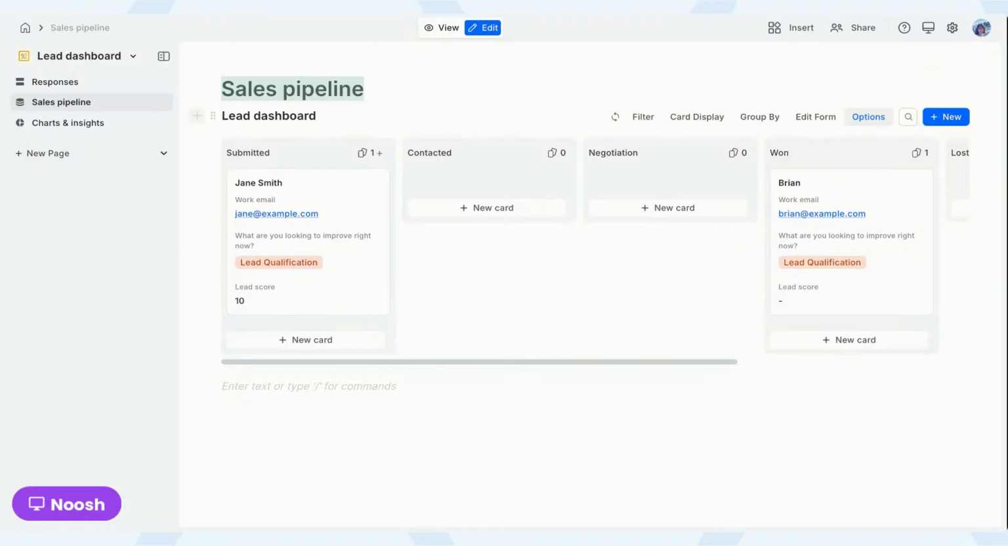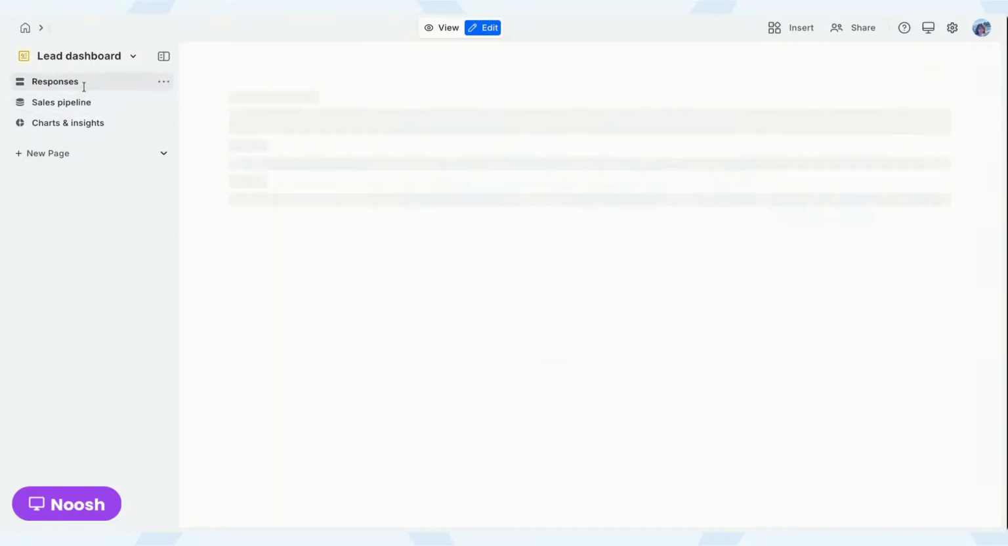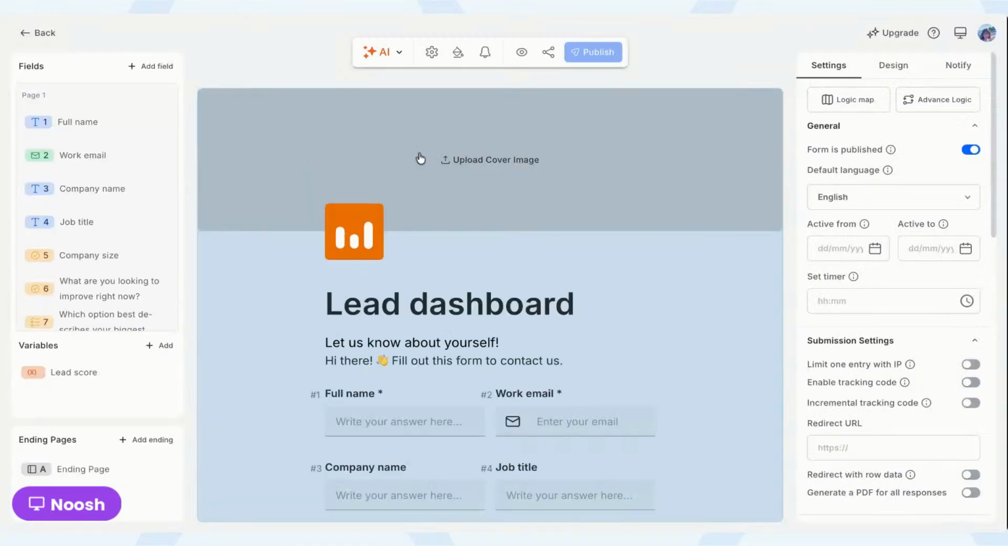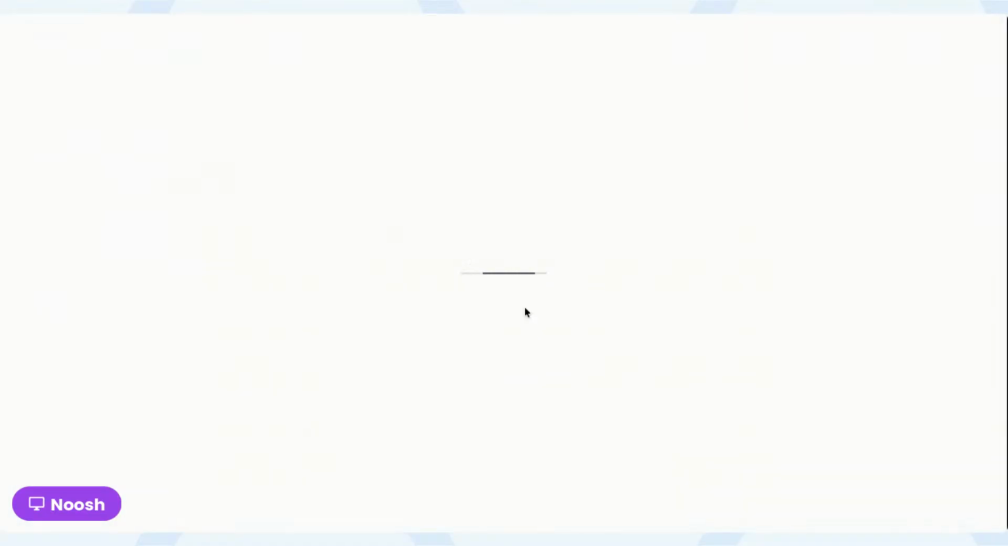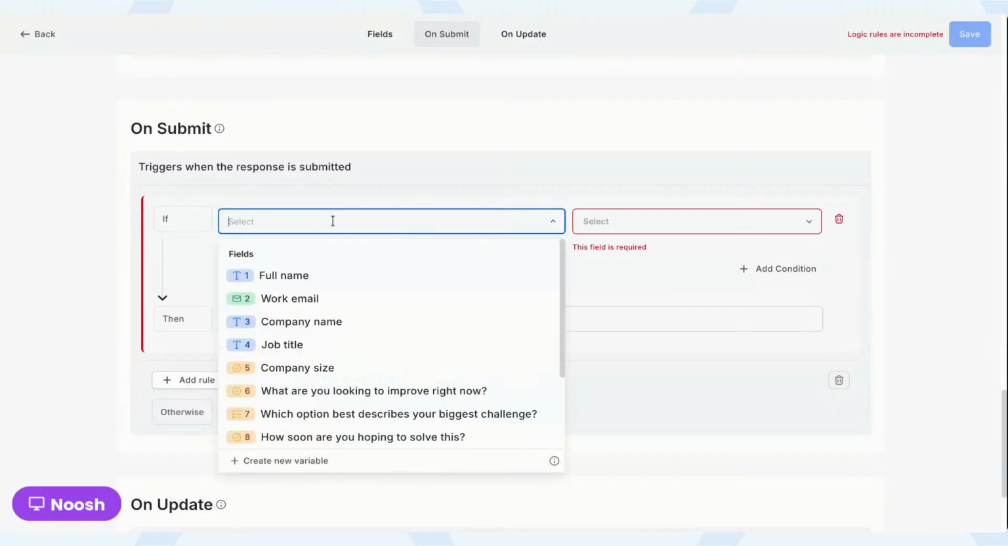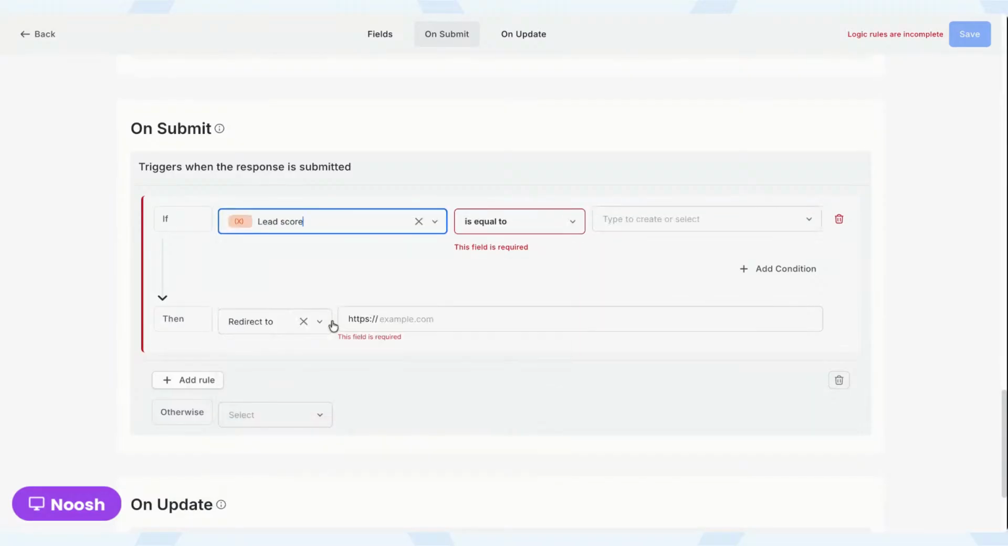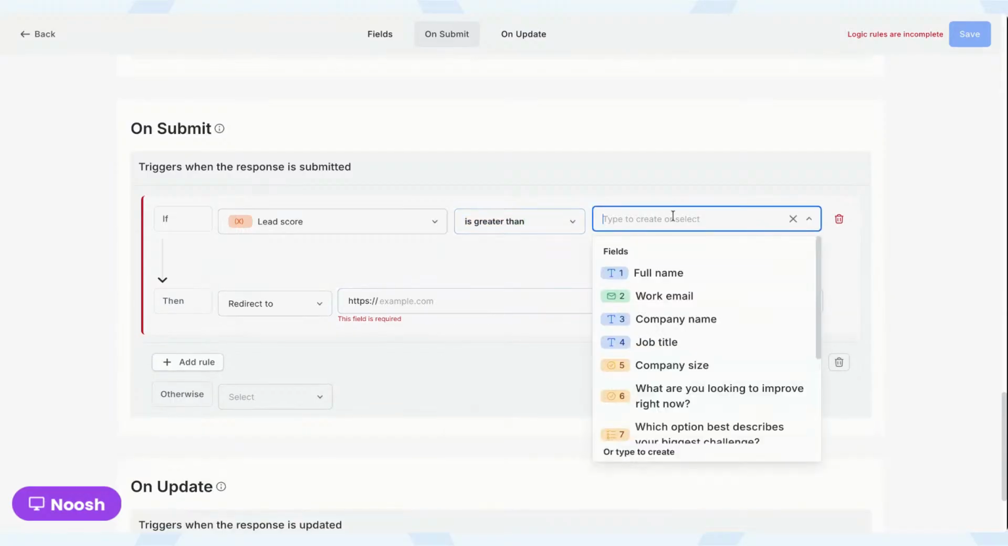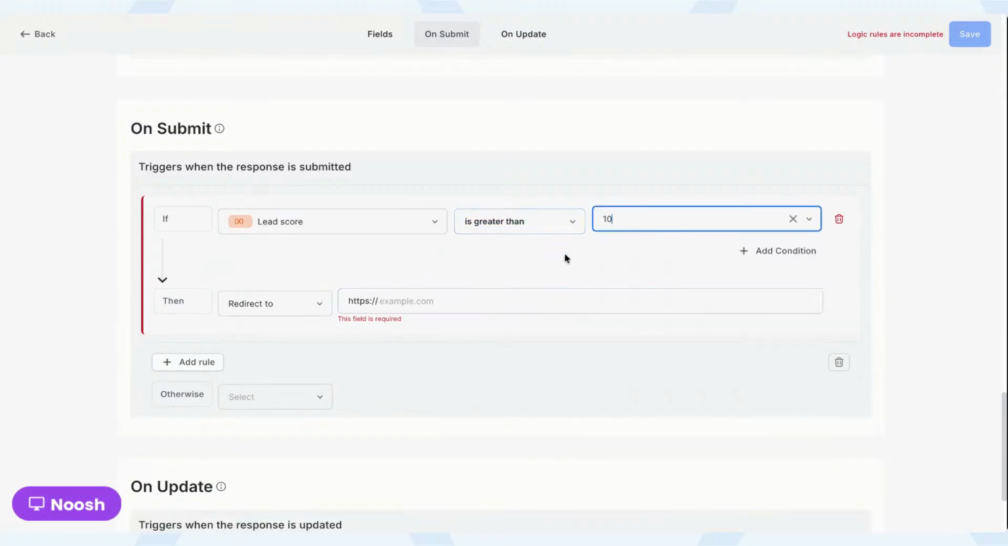You can also use some variables like an admin only drop down or an admin only single choice field to label the user with warm lead, cold lead, hot lead, something like that, and set this value automatically. You can use the default, the assign field, the assign rule in logic. So basically, on submission, you can set a rule and say if lead score is greater than like 10 or greater than or equal to 10,